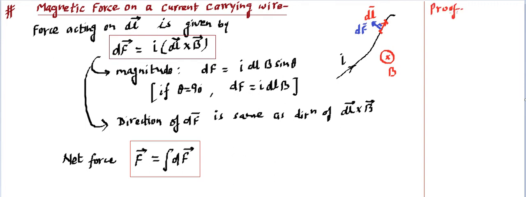Well, this force that we are studying is not an entirely new force, rather it's the same force that we have already talked about previously. The force that you remember, F is equal to qV cross B. So basically it's a modification of the same expression. How we are getting that modification, let me explain over here, then you will get it. Let's talk about only this dl element.